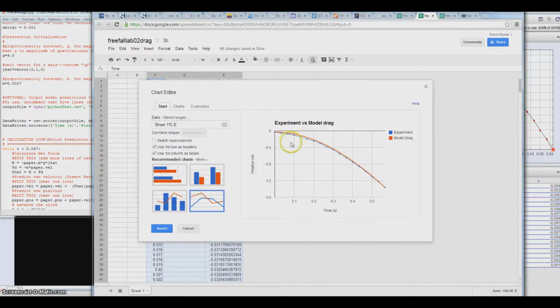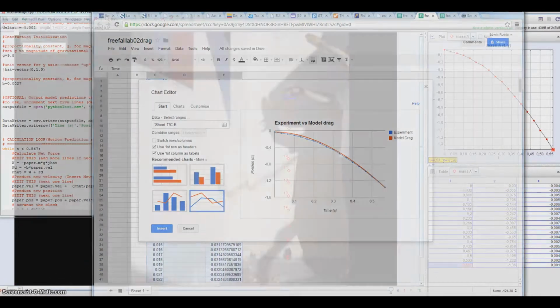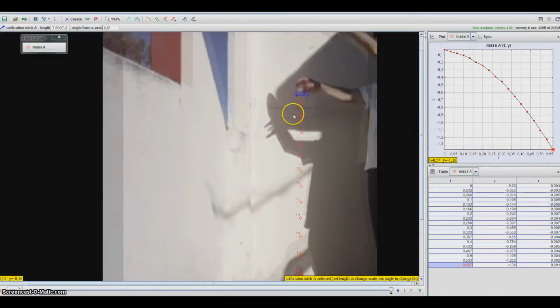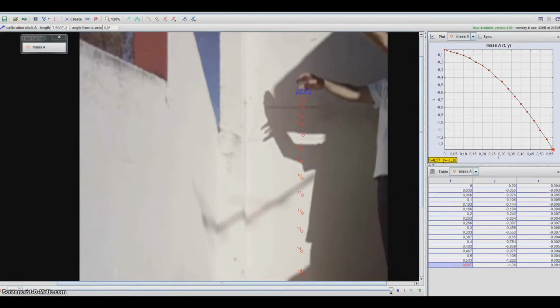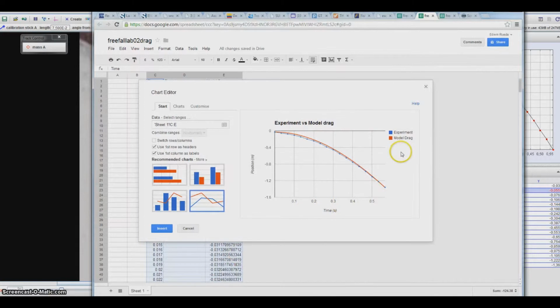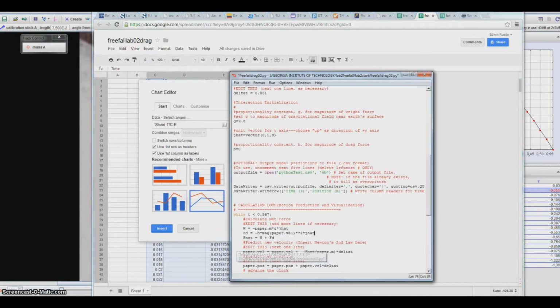result, and we can see that it is pretty similar with some difference here in position. Maybe that difference comes from the way that we put the mass center in the model. Maybe we have some problems in that, and maybe this difference comes from that. But the exercise here is about to model the drag force